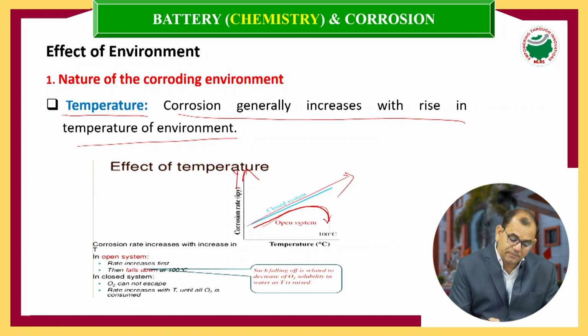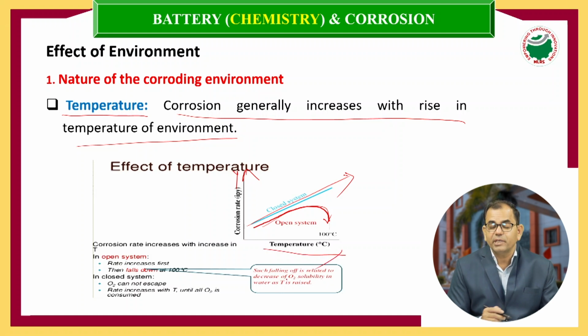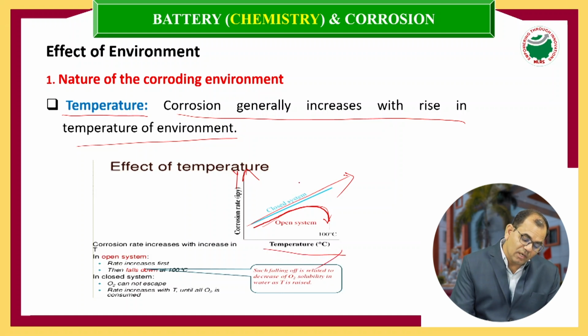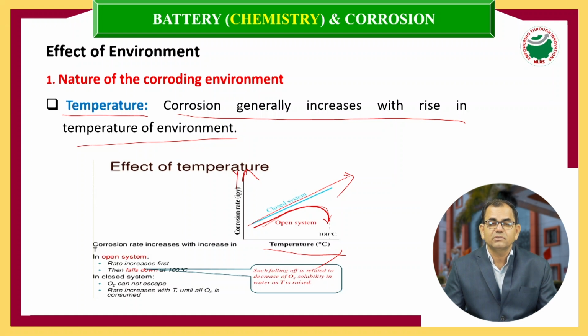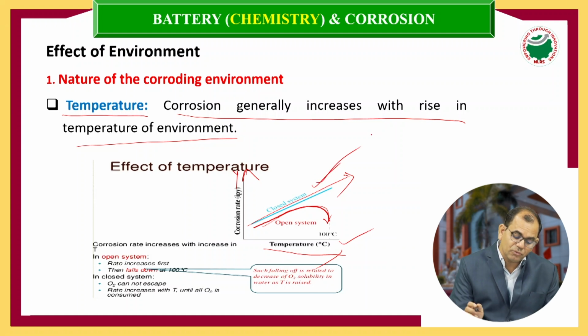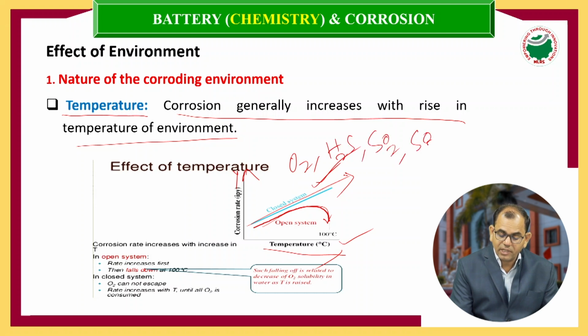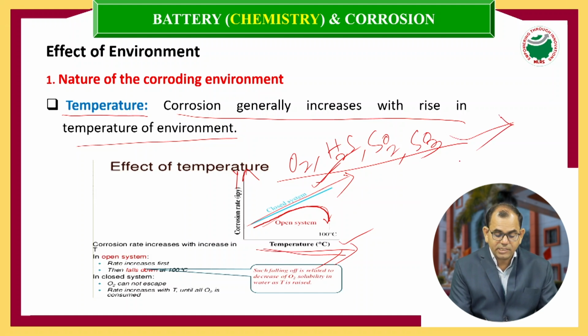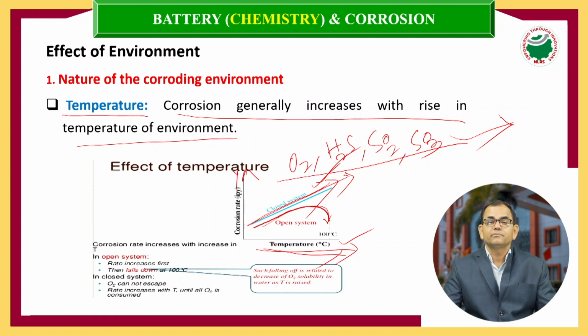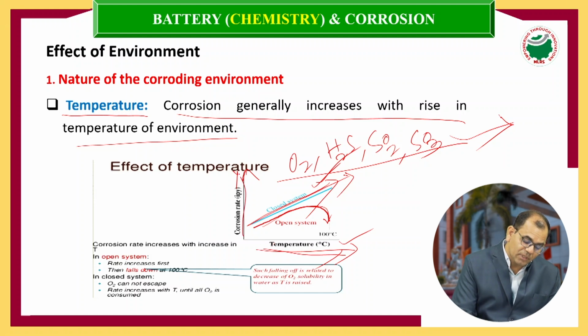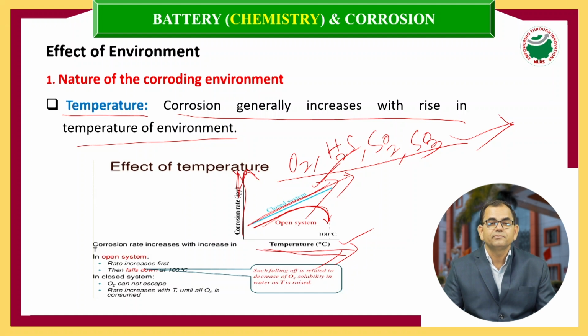But in the closed system, though you are increasing the temperature, whatever corrosion-causing gases are there, sulfur dioxide, sulfur trioxide, hydrogen sulfide, oxygen, will remain in that system. There is no chance for those gases to escape. Why? Because it is a closed system. That is why in the closed system the corrosion rate is increased. Okay. Now